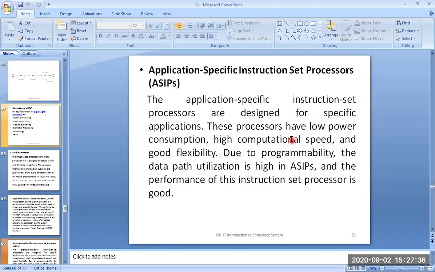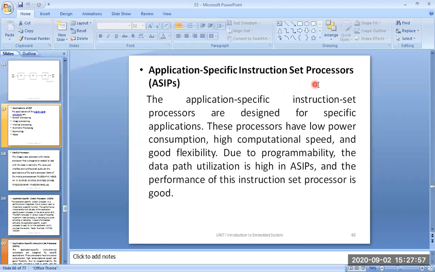So we have a special hardware in application specific instruction set processors, like a convolution hardware. Accordingly we have one instruction, like a CONV instruction. If you use that instruction, you can carry out the whole convolution with one instruction.